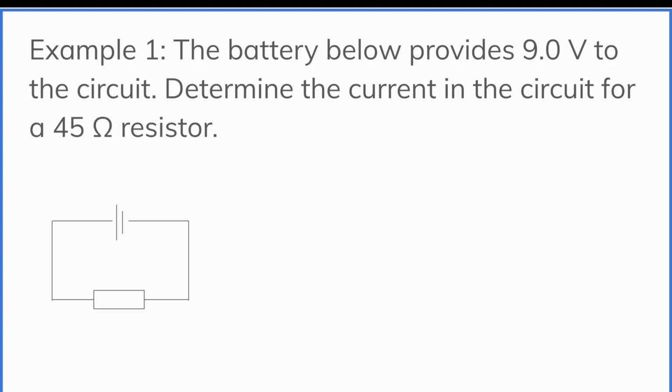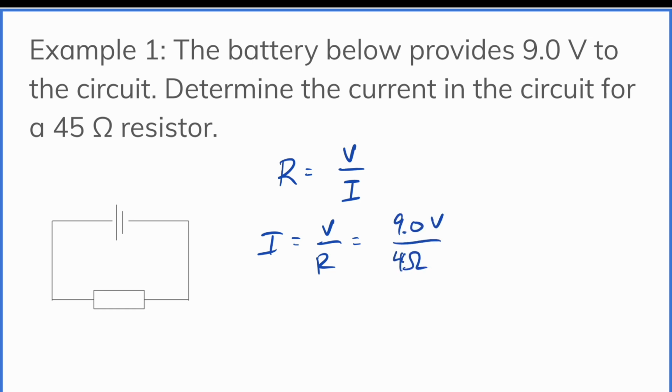In example 1 here, we have a battery that provides 9 volts to the circuit. Determine the current in the circuit for a 45 ohm resistor. So it's a very simple circuit here, 1 resistor, 1 battery, providing 9 volts. We can use the definition of the resistance, R is V over I, and solve for I. So I is equal to V over R, which is 9 volts over 45 ohms, which gives us